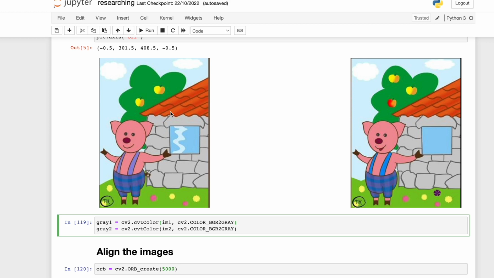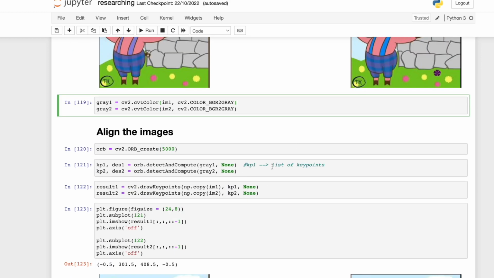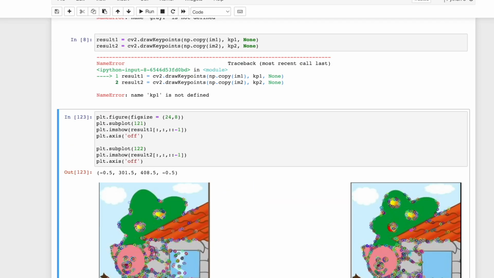So the first part is we will find key points in both of the images. Once we have the key points, we will do feature matching, which means which key point here corresponds to the key point here. If they are similar, we will match them. And using those features, we will estimate the matrix that we can then use for affine transformation to get an aligned image. So this is the procedure that we will follow. The first is we will create